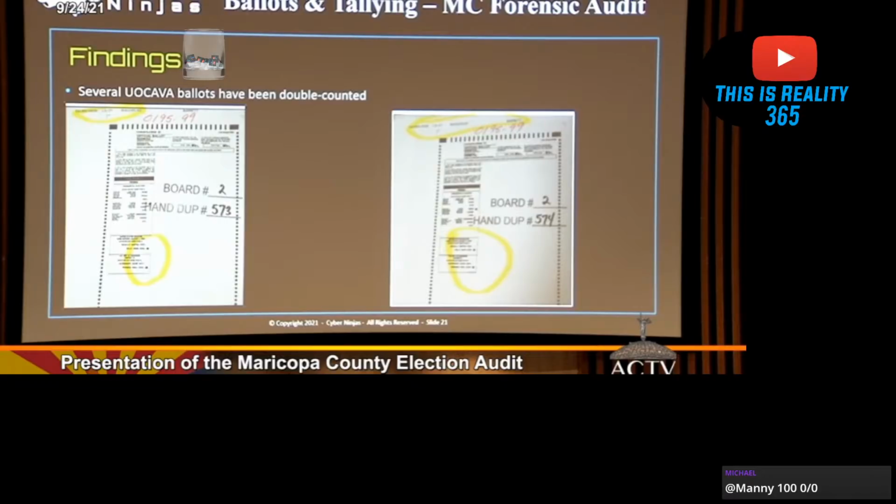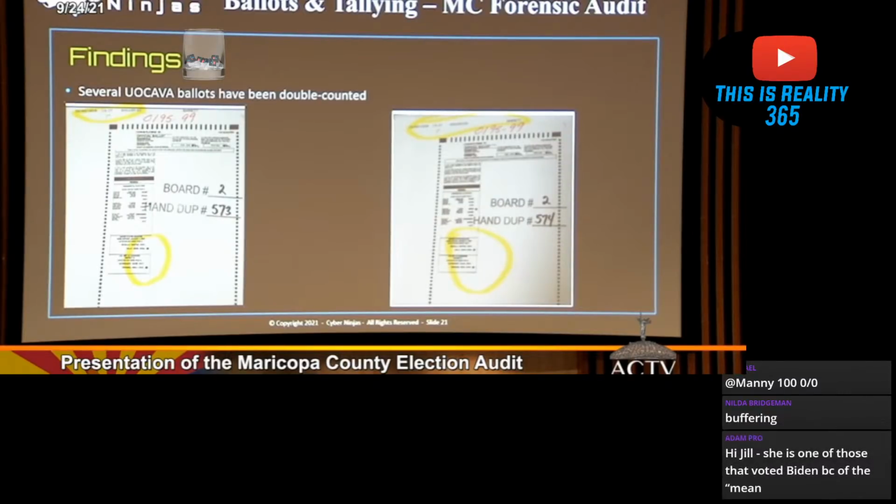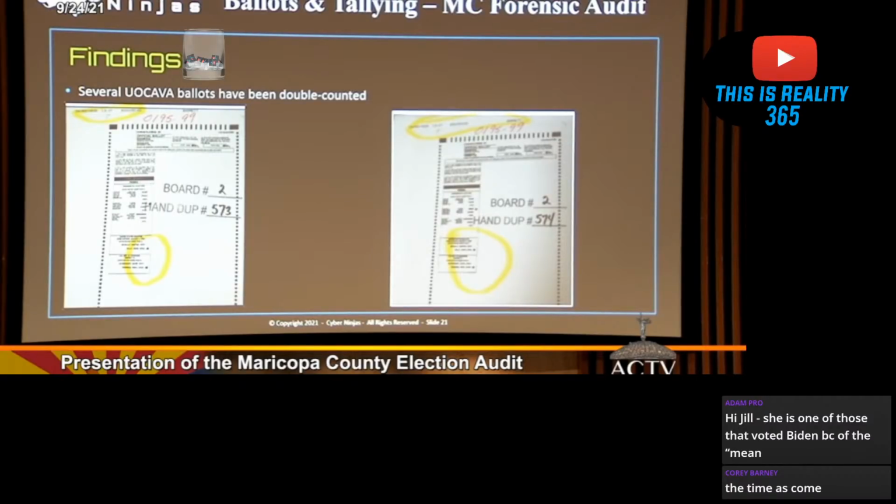There's a whole bunch of different ways these can come in. As a result, they're in a lot of different formats, and there's a lot of variance among them. But on the left-hand picture, you can actually see that it's board number 2, hand dupe 573 is what approved it. On the right-hand side, it's hand dupe 574,